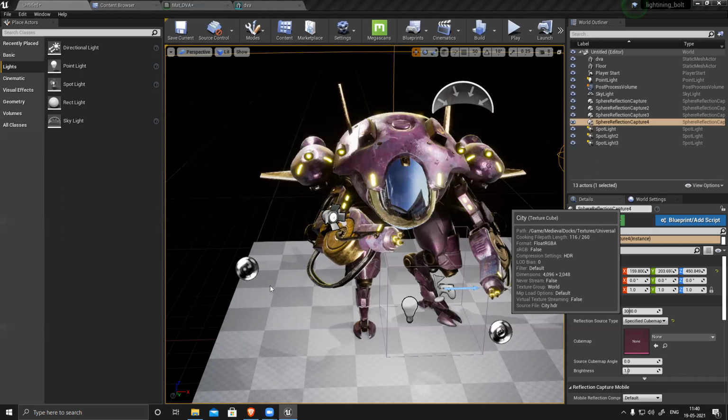So still working. It's a little slow process, but it will work.